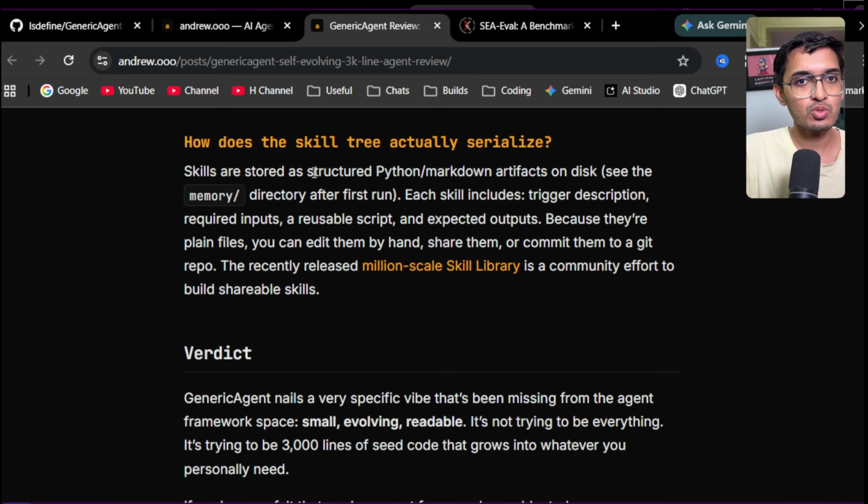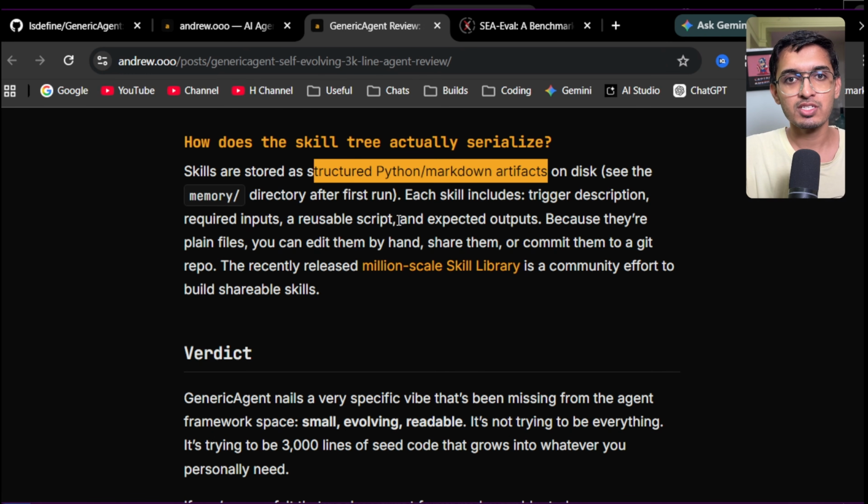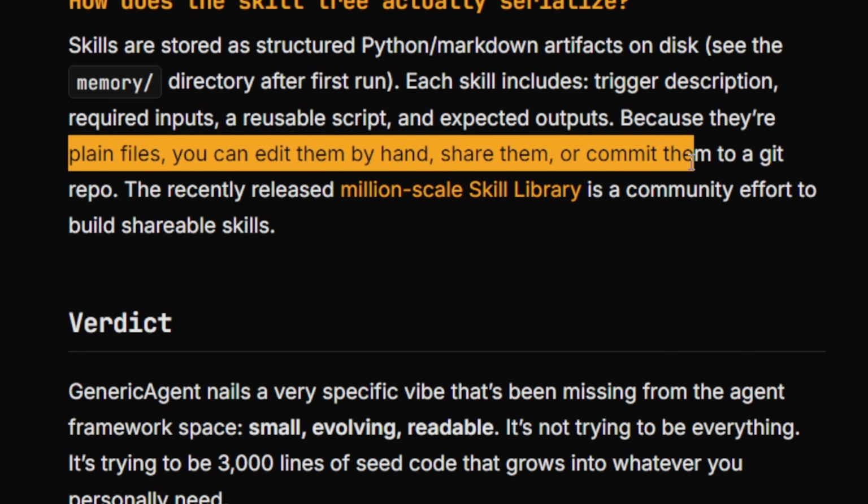So these skills are actually stored as structured Python or Markdown artifacts on our own hard disk, and each file includes a trigger description, so when to trigger that skill according to the task, then the required inputs for that skill, a reusable script, and the expected outputs of the skill. As these are just plain files, we can edit them by hand, share them, or commit them to a